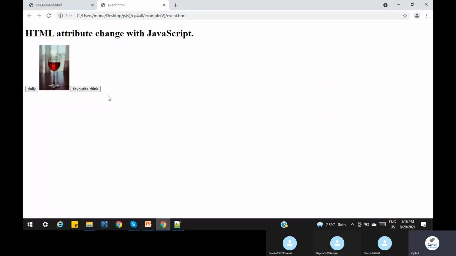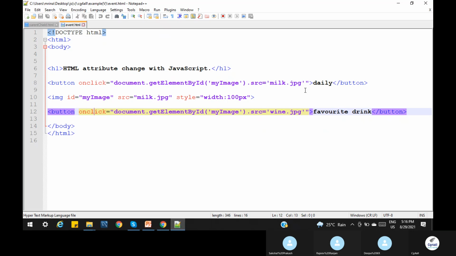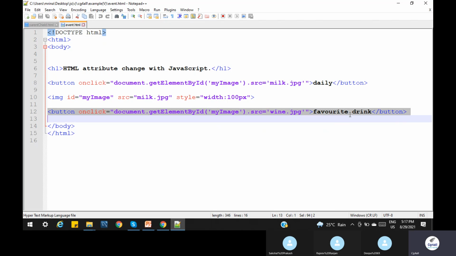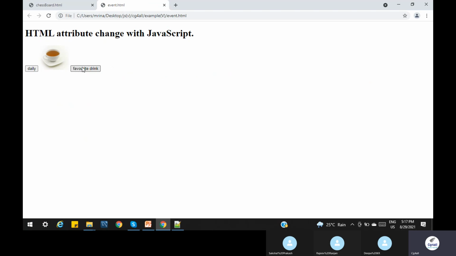So let's run once again and understand. Default is daily, and this image is loading when I am not doing anything. When clicking on this favorite, this image should be assigned to this element. So the same thing is happening. Click on this, and the same image appears. So this is the way to represent it in JavaScript. It is an event-based application. Conceptually it is nothing extra, but this is what we can call an event. So hope it is clear.